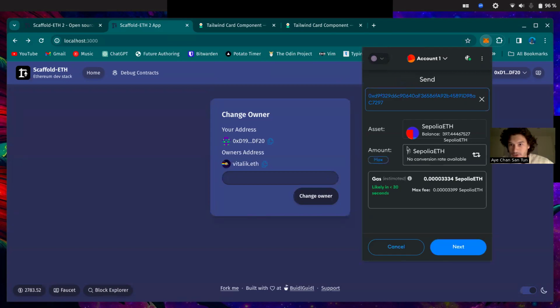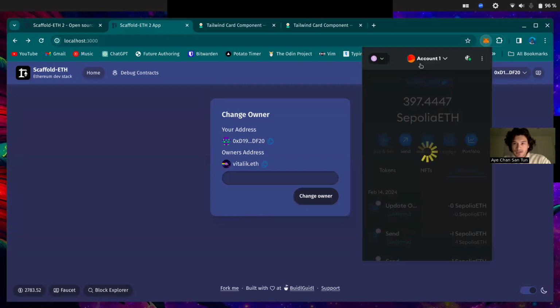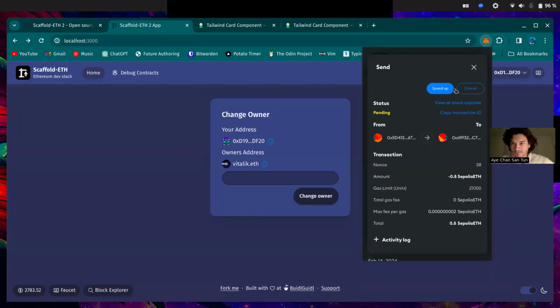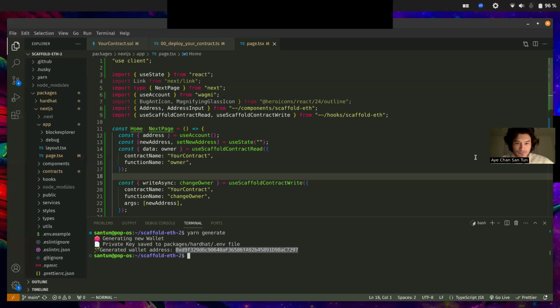Boom. That's our burner wallet. We'll send 0.5. Do that, confirm that, and speed it up. Speed up. Go faster. All right, sick. So once that goes through, we'll be able to go yarn deploy, and then we got to